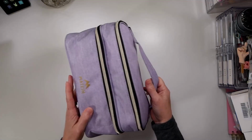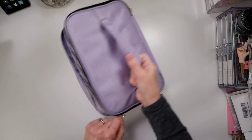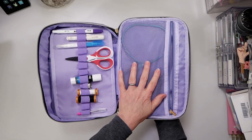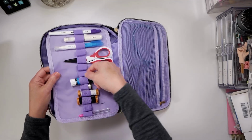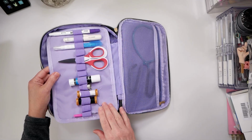Pretty substantial, like it's a really good size, and it has zippers. So the top level comes off like this. You've got a really big zipper pouch on the right side here, and then it's got all of these elastic loops where you can put all of your tools like pens, scissors, stuff like that can go in this side,